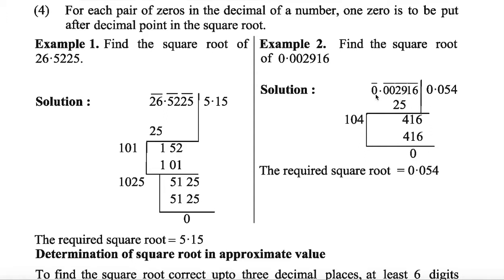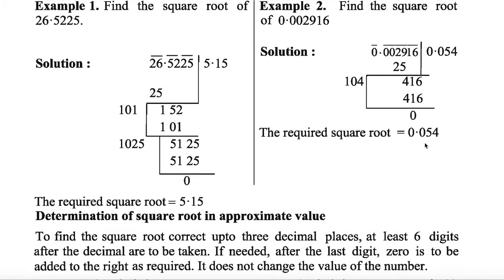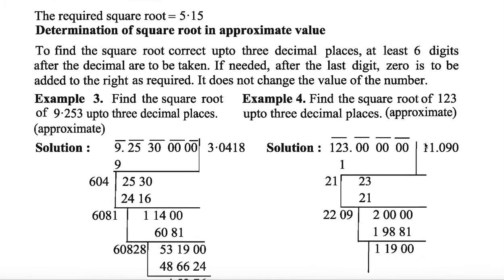0 is there, that's why you put 0 here. After that you will put a decimal point. Again 1 0 because there are 2 zeros here. Thereafter this becomes 100 eventually. 5 is 25. 4 1 6 here. 5 into 2 10, 5 plus 5 10. After that you will put 4 here.